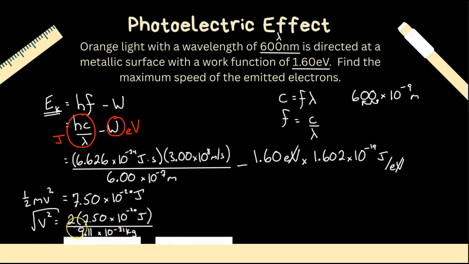And take the square root of both sides. We're going to do this over here because I'm running out of room. The speed then is equal to 4.06 times 10 to the 5